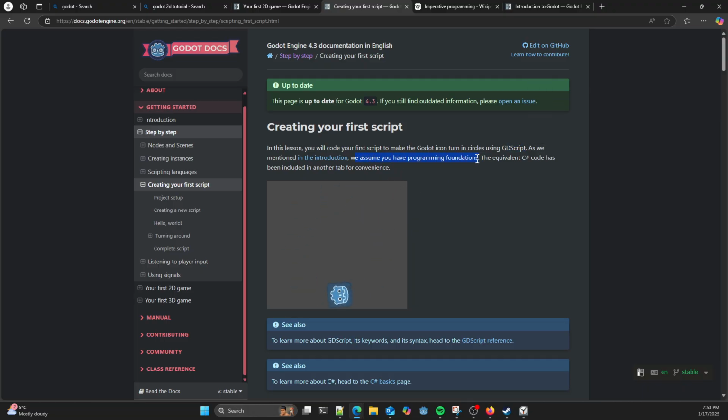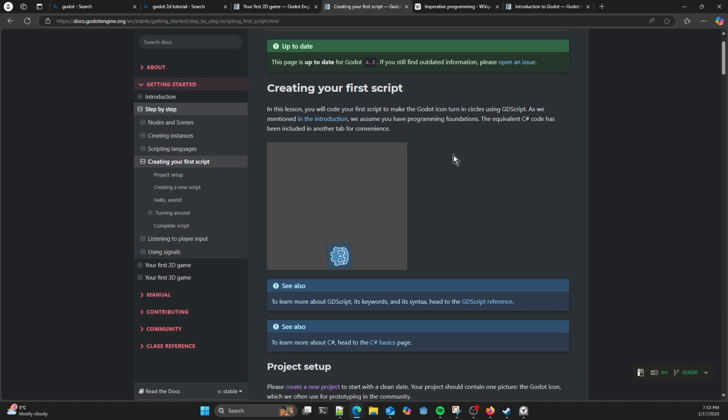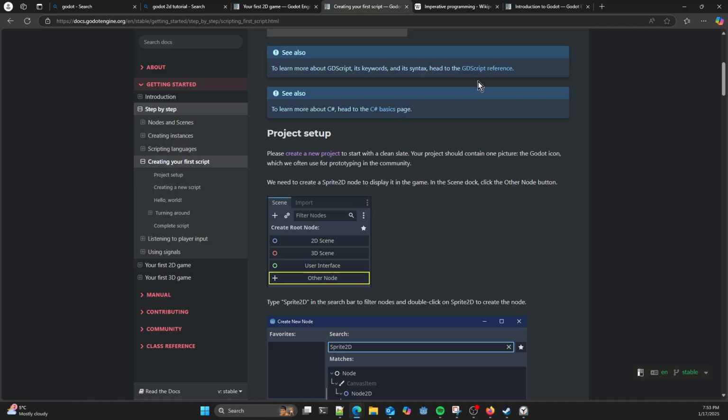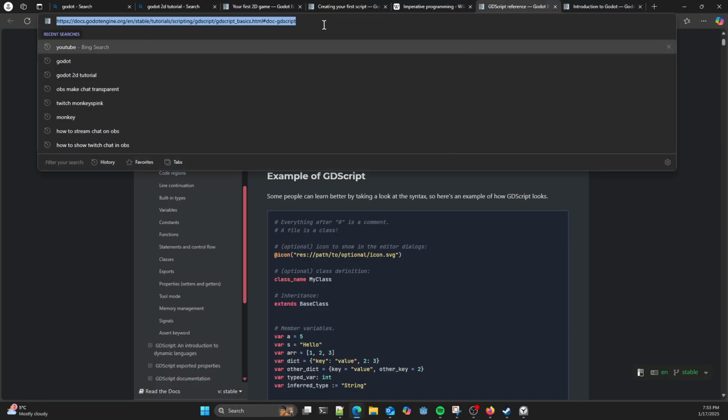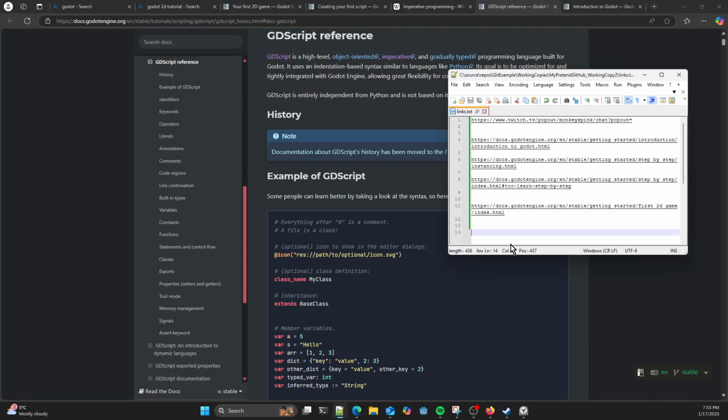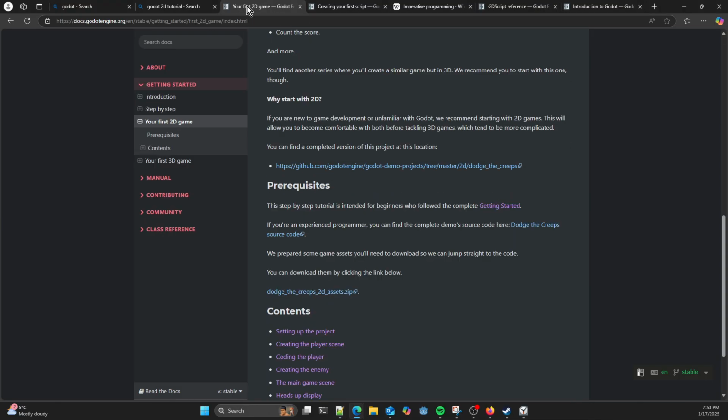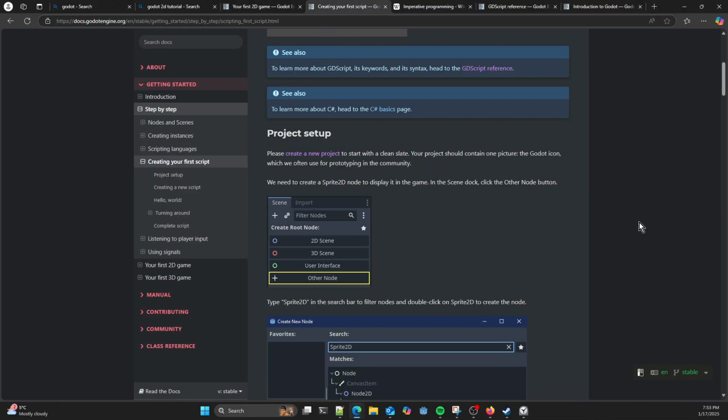It assumes you've got programming foundations. That's a big assumption. Well, I do. Hopefully you do too. If not, that's what our Discord servers are for, and you can talk through these kind of things. Right. This is a useful thing as well. This is actual scripting reference. I was reading through that in detail the other day. How much of it stuck, I don't know, which is one reason why I want to refresh myself. These tutorial things stick and you use them all. Where was it? I've lost my. Okay, all right. So we create a new project.